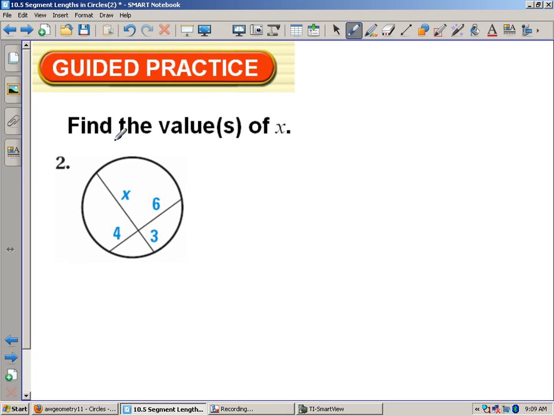And so now if I go ahead and find x, well, this is our first theorem that says if we take